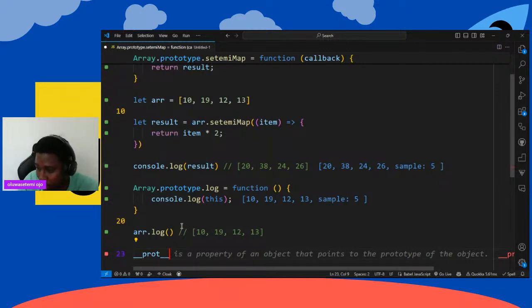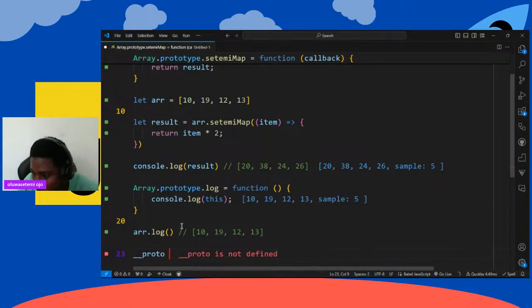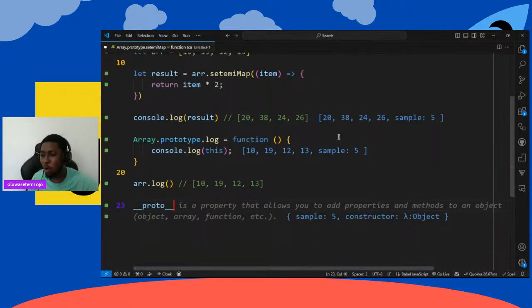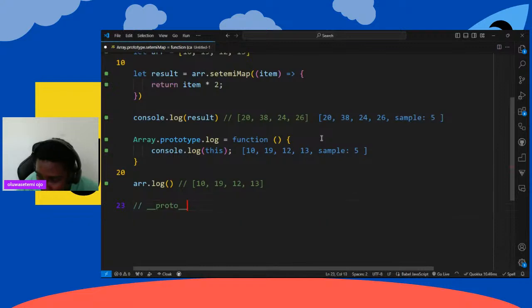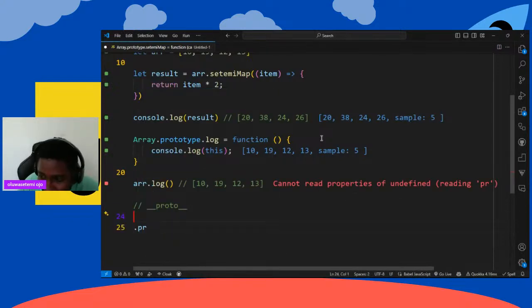When I have the dunder proto, what the dunder proto does is that it allows me to set a prototype relationship. You are only setting the relationship of parent and child. That is a prototype chain relationship. But what the dot prototype does, and again,